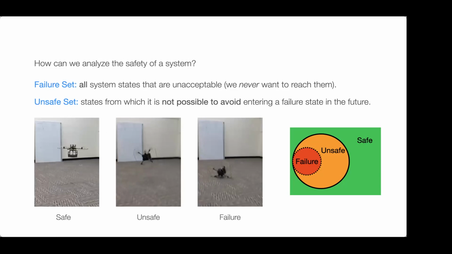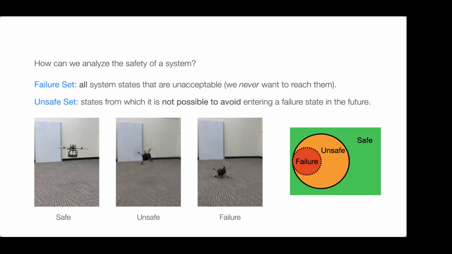You can similarly think about this like if you are on a bike going very fast towards a tree, there's a point at which even if you turn as hard as you can and slam on your brakes, you are going to crash into that tree. And so is there a way in which we can characterize that set so we can tell you stay out of this in order to not run into the tree?